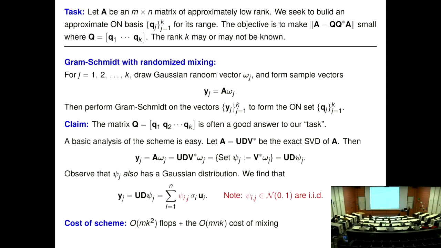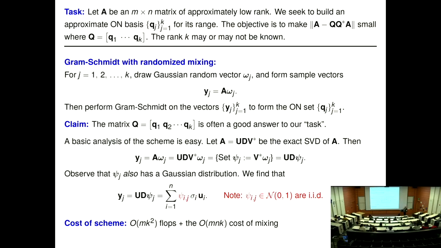But we can fix it by doing some randomized mixing of the vectors. So let's do Gram-Schmidt, but before we do it, we're going to form random linear combinations of the columns. We're going to draw a set of random vectors from a Gaussian distribution. What I mean is that each entry is drawn independently from a standard normal distribution. And then I'm going to form the matrix vector products to get what I call sample vectors. Each vector yj is a linear combination of the columns of the matrix,